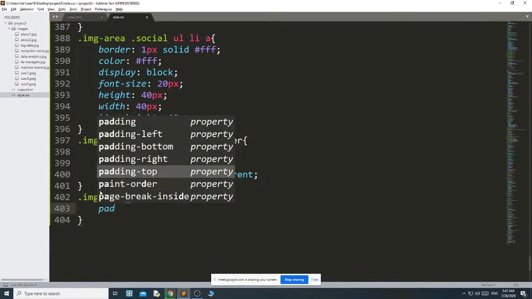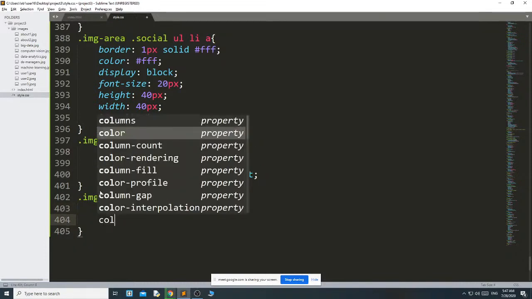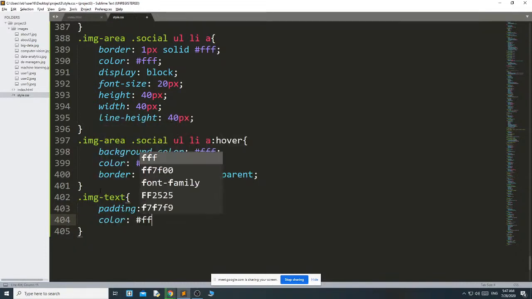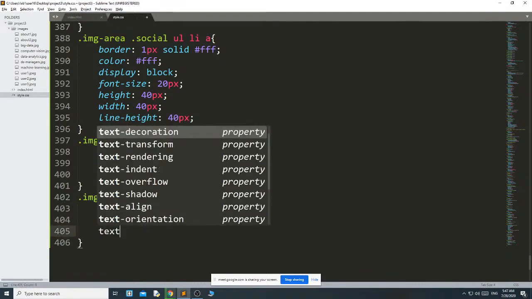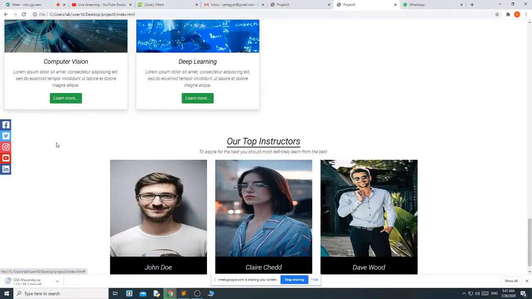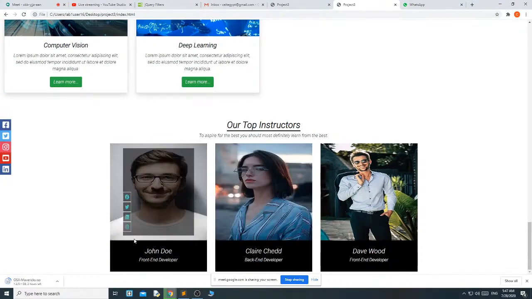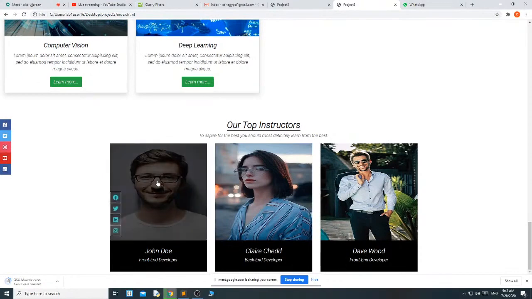Simply I am going to add padding 25 pixel, color white, and text align center. Okay, if you want to change the font size or font color, anything, you can do it. Now this is over.